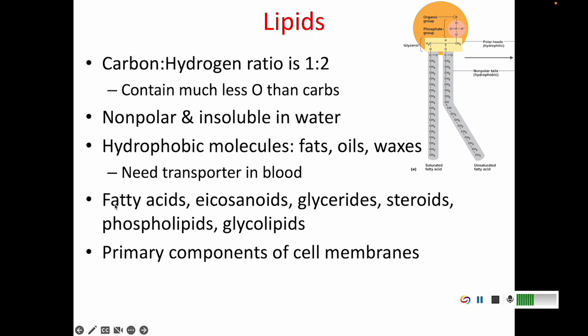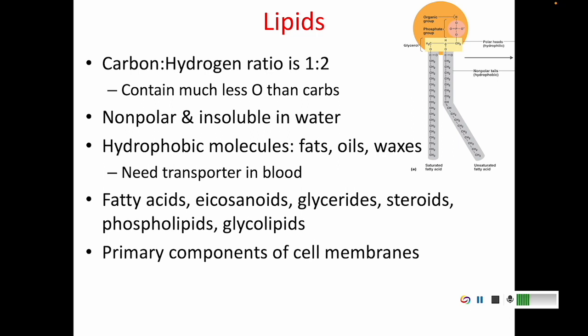Lipids include a bunch of these nice little chemical sounding names. The ones we're going to talk about most is phospholipids. Those are super important in our cell, and we will talk about phospholipids for the rest of the semester. We'll also talk about fatty acids. They're kind of the basic model of lipids. Steroids are important. We'll talk about it a little bit. We will probably not really talk about these other three much. I'll mention them here or there, but really phospholipids, fatty acids, and steroids is where I would put my time